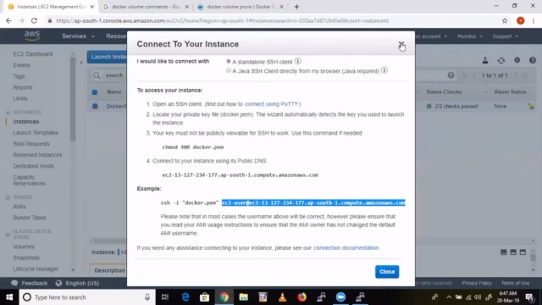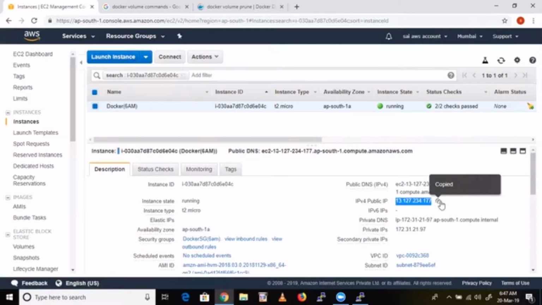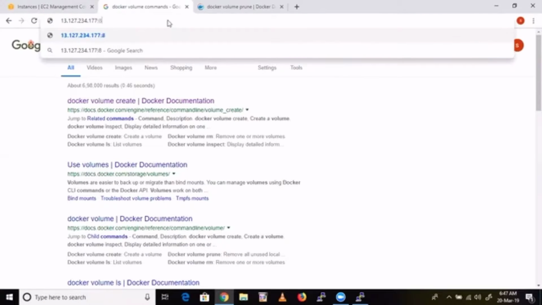Now what we do, just take this public IP, this base machine public IP, and paste here, colon 80. Right, that's it. See here, you can see. Like that you can map a port from the container to your base machine. That's how we do it. Understood, right? And this is what port.